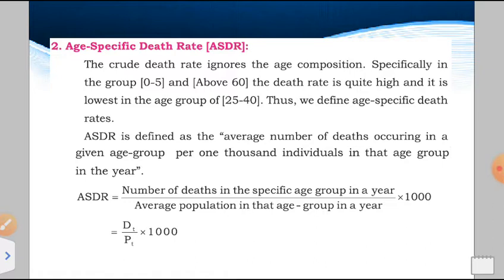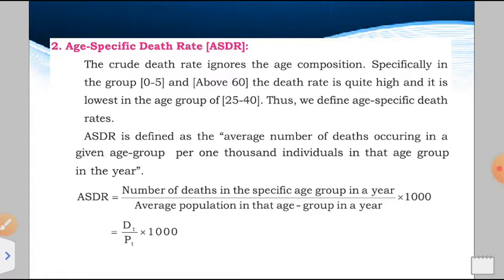Because in crude death rate we are ignoring totally what the age of the population is that is dying. As we talk about COVID-19, we know that most of the time when we look at the data, the senior persons are more probable to die. So we look at the age specific data: how many patients are cured during this time and how many are going to die. So in this scenario, the age specific death rate has its importance.